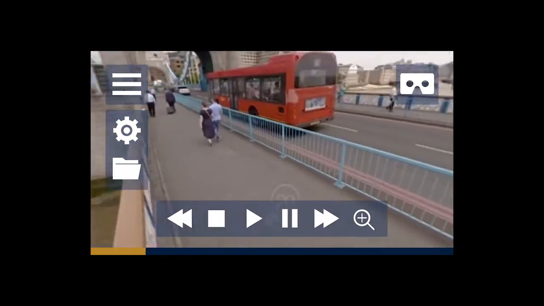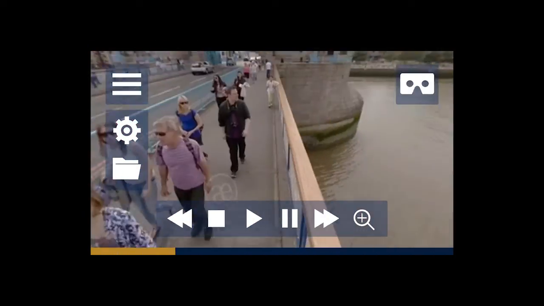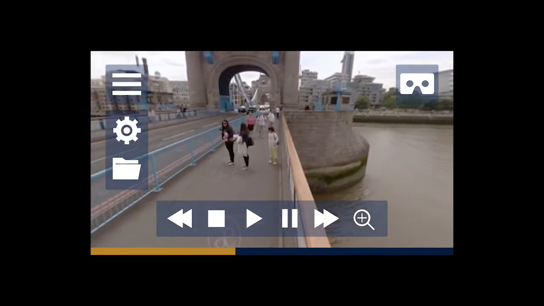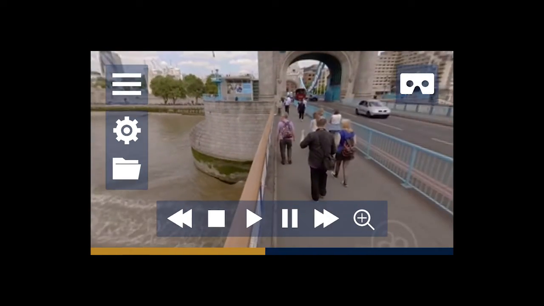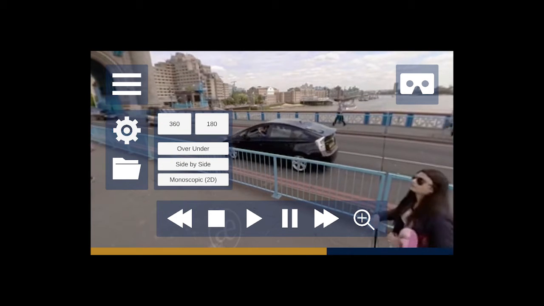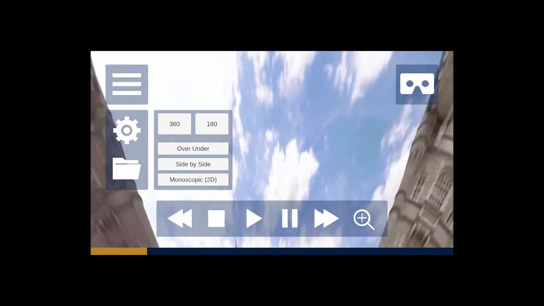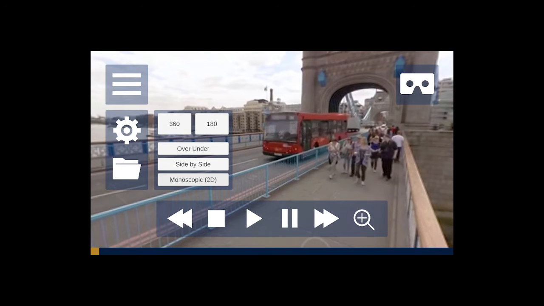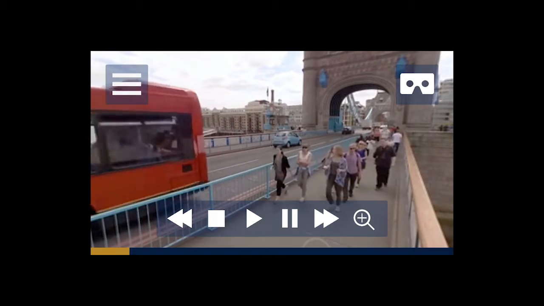But here, I'll go ahead and open up this video right here with the thumbnail. And there you go. It's opened up in the proper format. It just happens to be already correctly set for this video. Similar to the desktop build, I'm just tapping and dragging the screen to get it to move. If I wanted to change the settings, I could set it to maybe 180 over under, and you could see it totally distorts the image. It's not the correct setting, but if we were watching that type of video, this would be the correct setting and you could handle that. So I'll set it back to its proper format, close the menu,